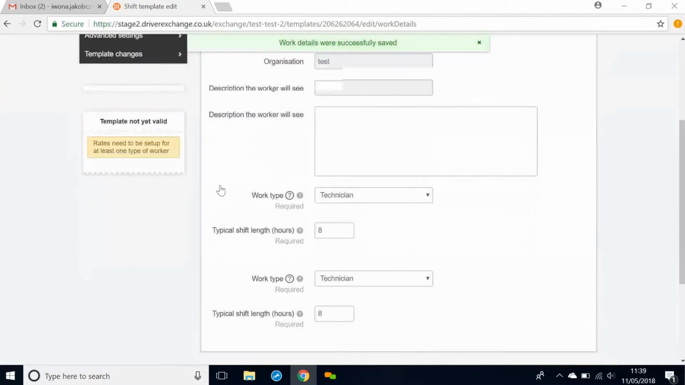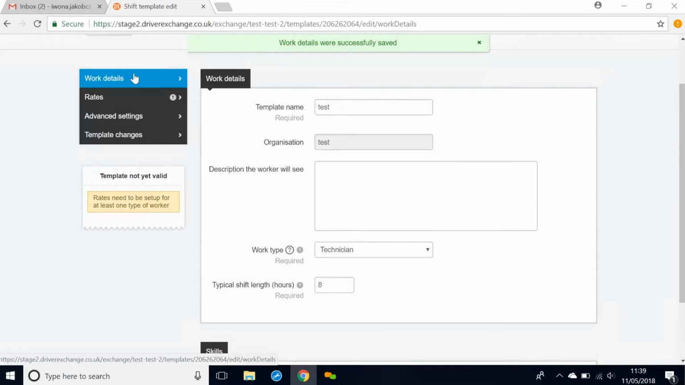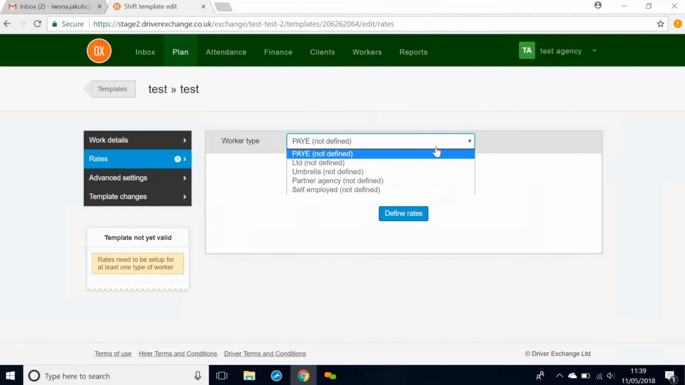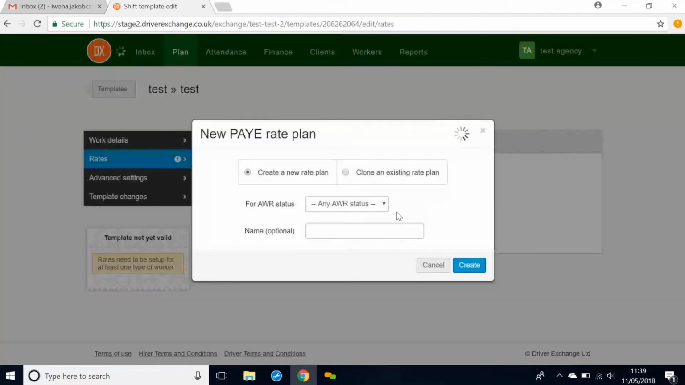And then we save and we can go to the next screen. As you probably noticed before, the list on the left-hand side was really long. Now everything is basically in the rates. What happens here is we have a list of regular types of workers: PAYE, limited, umbrella, partner agency, or self-employed, not defined. What we do here is define rates,